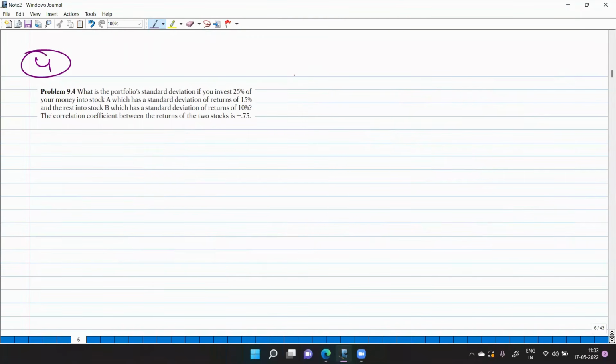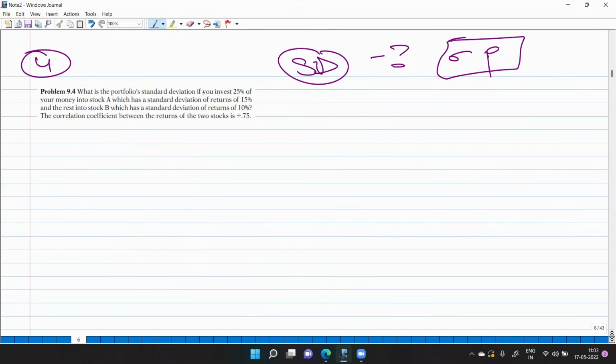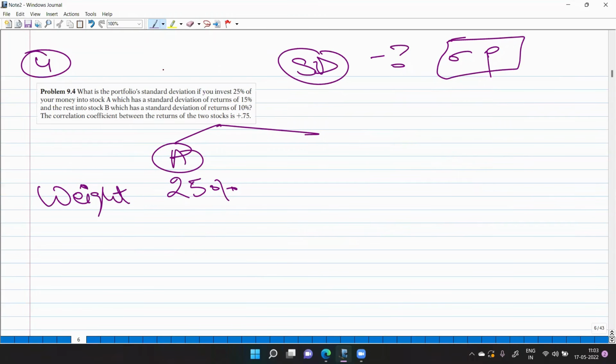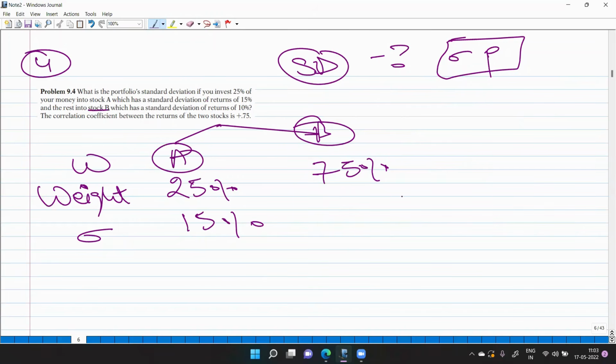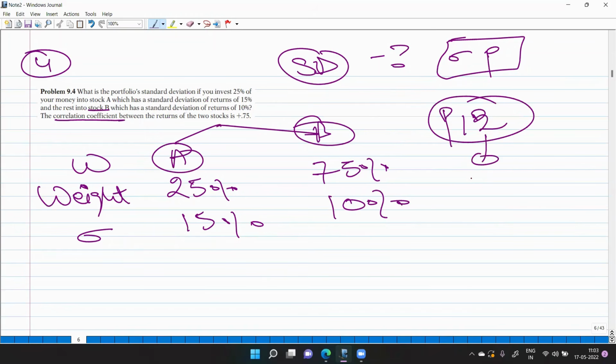What is the portfolio standard deviation? What do I have to find? The standard deviation of the portfolio. I have to find this. If you invest 25% in A, these are your weights, these are your W's. And you have invested 75% in B, that is the remaining investment that you have done. The standard deviation of A is 15% and of B it is 10%. They have given you the correlation coefficient, that is P12, to be 0.75, and I need to find SD,